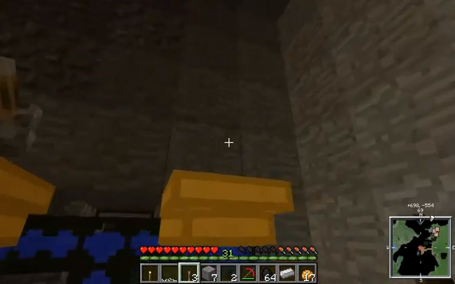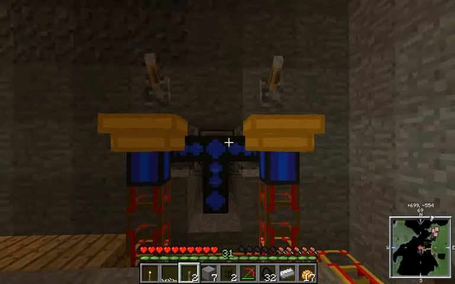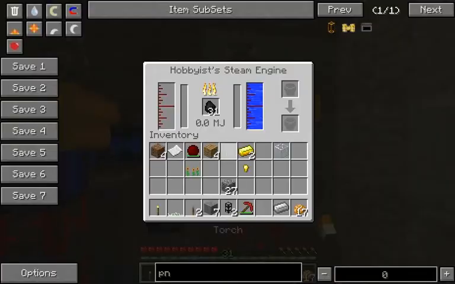Do that. Do that. Put 32 coal in this slot. You'll see it's filled with water. Put 32 coal in that slot. And then turn them on. I don't need that lever there. That does nothing. Now they're going to just start generating heat, and once it gets either halfway or all the